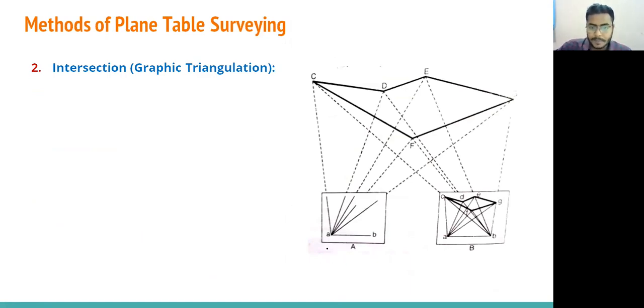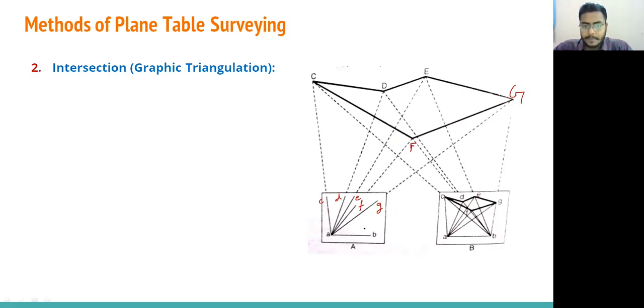Firstly, we kept the plane table at the station A. We have done the fixing, we have done the setting, like we have done the centering, leveling, and then we have sighted from A to B, C, D, E, F, G. This point is G, this point is F, right? Station. Okay. Then from A we have sighted B, then G, then this one F, then E by using some scale. This is G, this is C. Right. This is done.